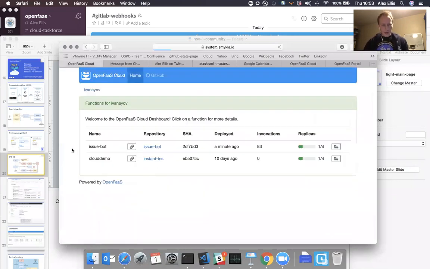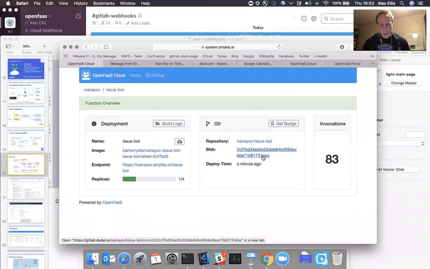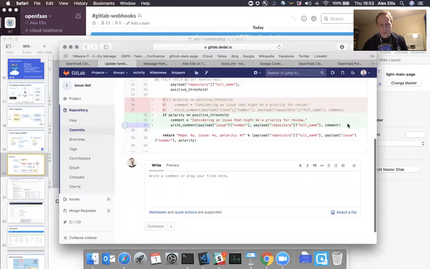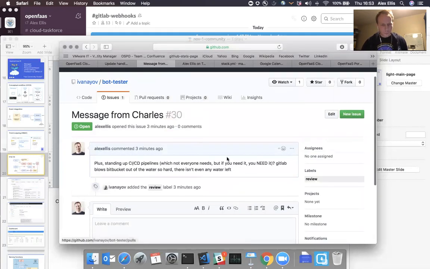So let's take a look at the dashboard again. It looks like it was deployed a minute ago, and we've got the SHA here, but if we just want to make sure, what we can do is click on this, and it will take us exactly to the diff, and we can see, yes, that is the commit that we were looking for. And let's try that example again.